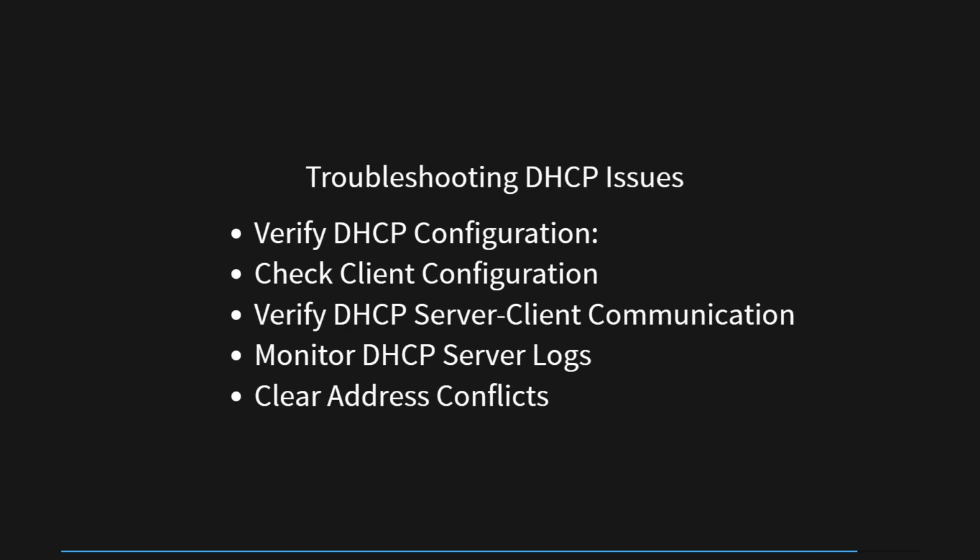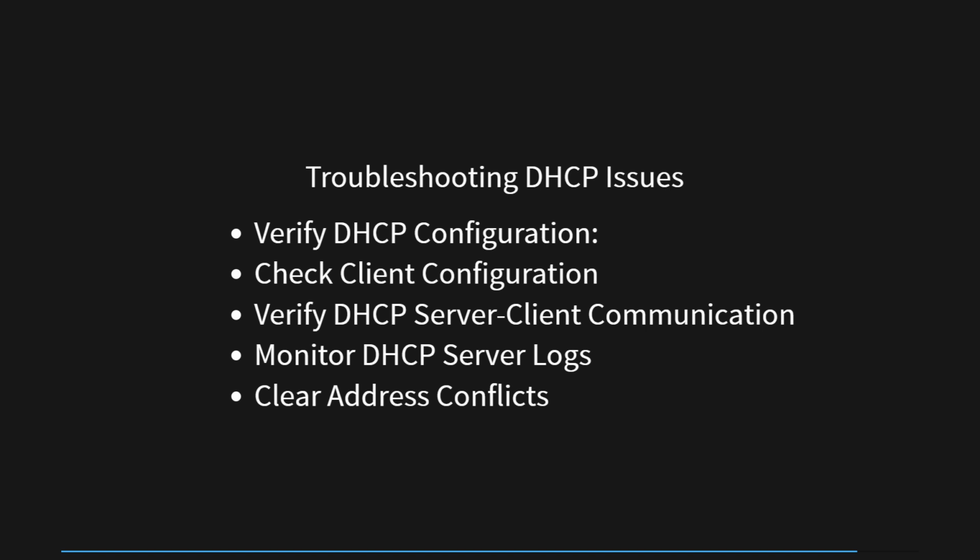To ensure a smooth and enchanting DHCP experience, several essential steps must be taken. Firstly, verify the DHCP configuration by checking the DHCP pool settings to ensure the correct network and subnet configurations are defined. It is crucial to confirm that the pool has a sufficient number of available IP addresses to assign to devices. Secondly, check the client configuration by ensuring that the client's network interface is set to obtain an IP address automatically through DHCP. Also verify that the client and DHCP server reside on the same network segment to establish communication